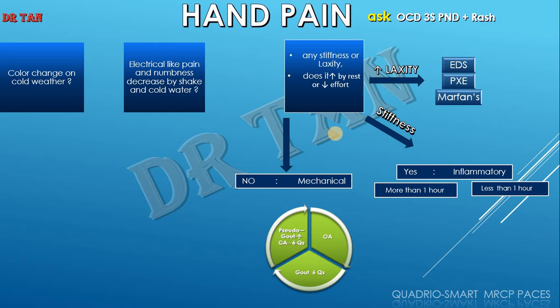Actually, don't misunderstand what I'm saying. I don't say you need to ask all these things. I mean, you will go through this side, you found that the patient is going with mechanical, so you are going here and hop, you ask the 6 questions of the gout, and you found that this patient is on diuretics. Okay, this patient has psoriasis, so there is 6 questions you need to know by heart for the gout,